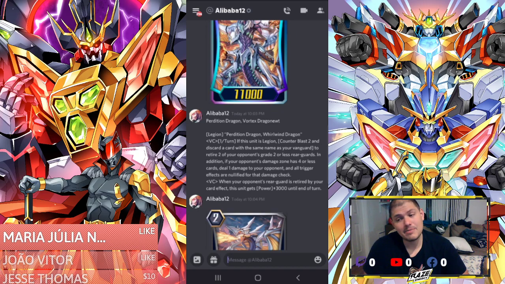This just means the people that are playing Percival and the Gold Paladin Liberator Legions, there's going to be a lot more Garmers now, because Garmer will protect, so it limits your opponent. So retire in addition if your opponent damage zone has 4 or less. So technically, wording aside,